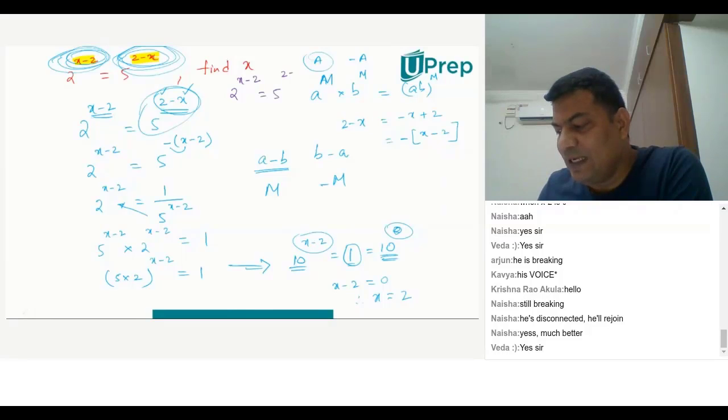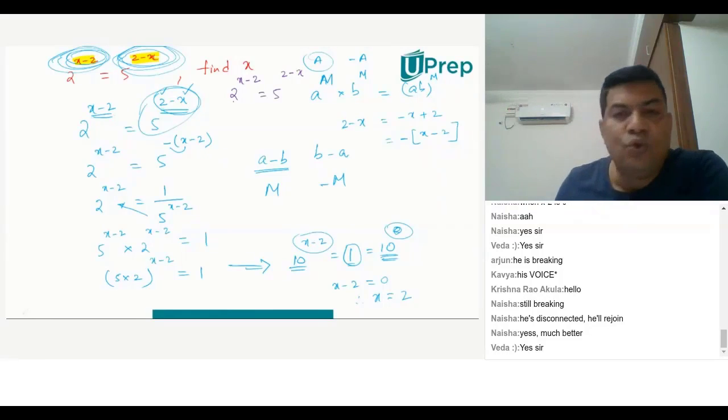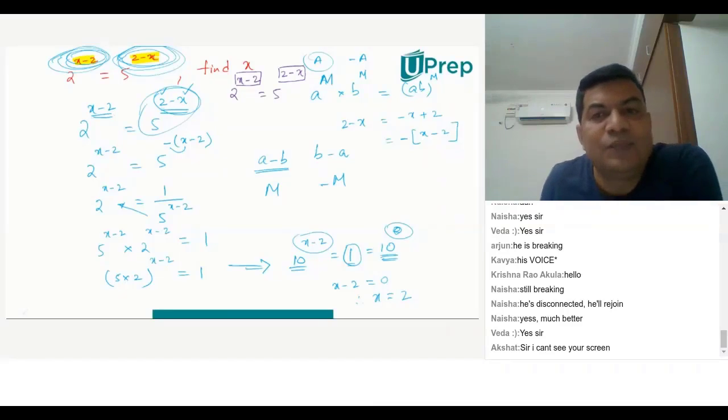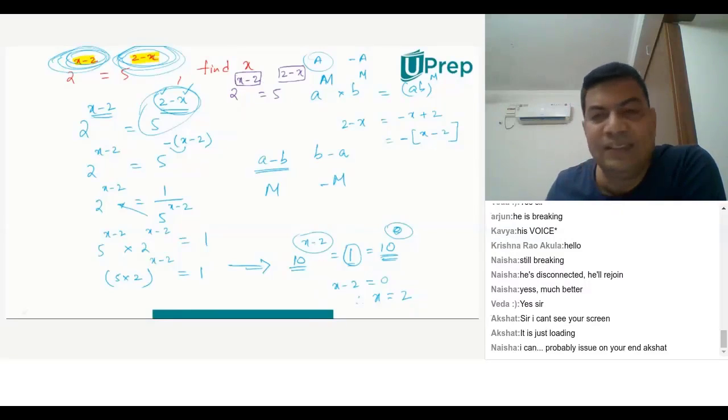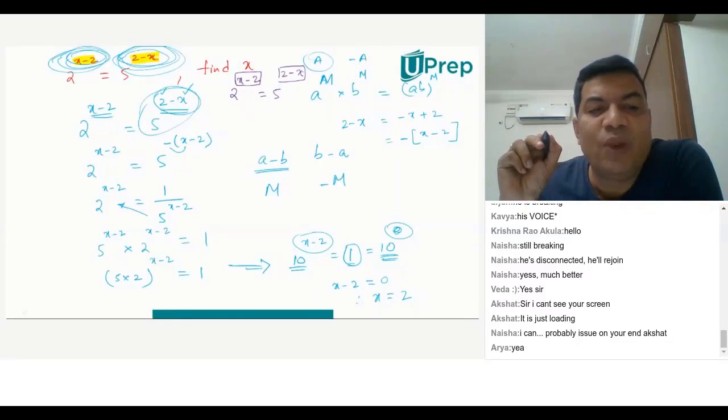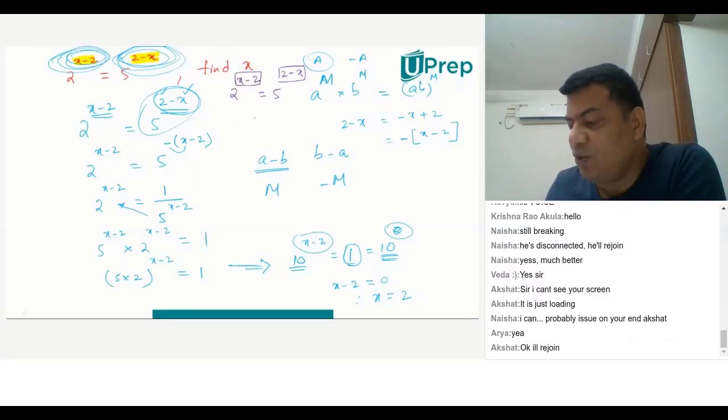One simple thing that I can see here is basically 2 to the power of something is equal to 5 power something. Basically, it's possible when the power is 0. 2 power 0 is 1, 5 power 0 is 1, right? Now, is there a possibility of this becoming 0? You can see x minus 2 is 0 when x is 2. Similarly, 2 minus x is also 0 when x is 2. For that value of x equal to 2, both are 0.